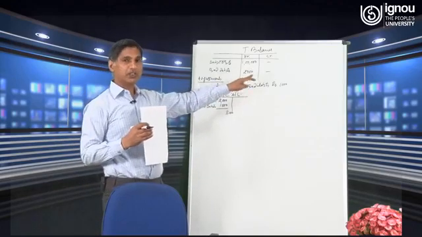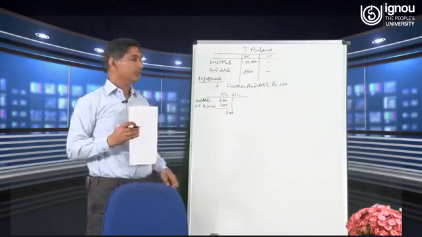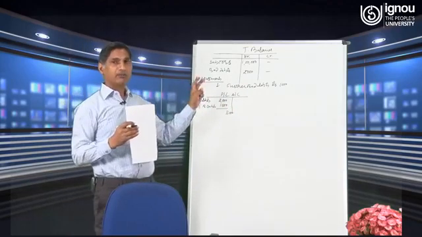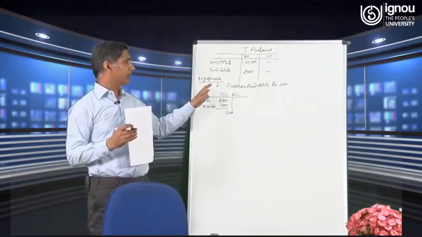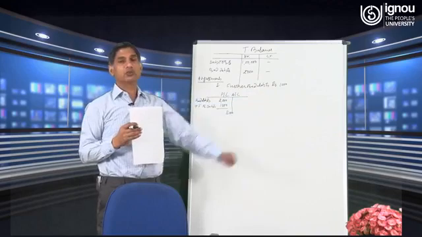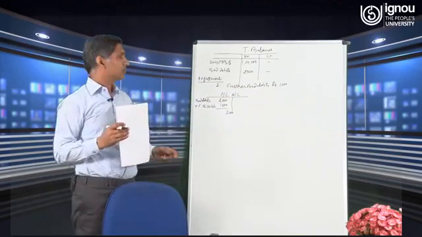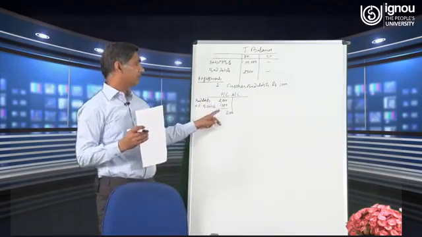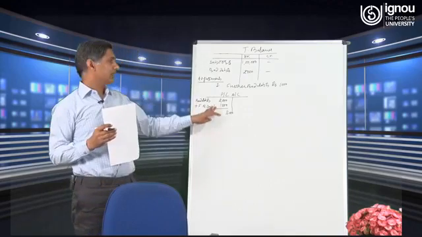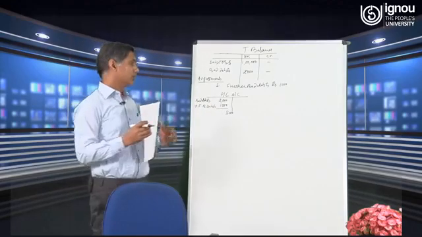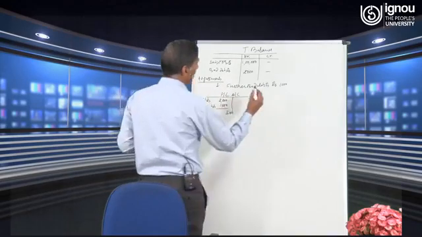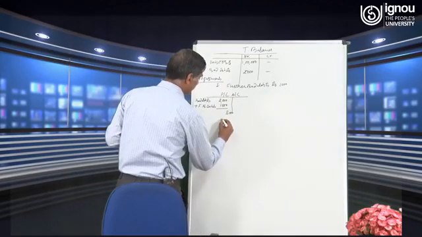2000 bad debts during the year. Rupees 2000 were bad debts, and after preparing the trial balance you came to know that a further amount of rupees 1000 has become bad debts. So total bad debts of rupees 3000 will be recorded in the debit side of profit and loss account. And while preparing the balance sheet, in the balance sheet,